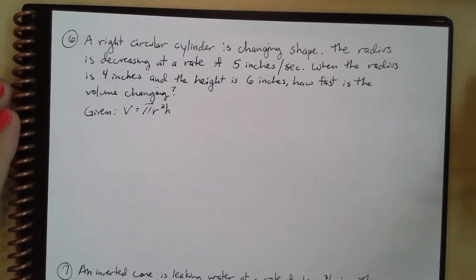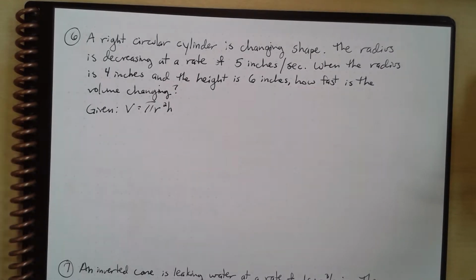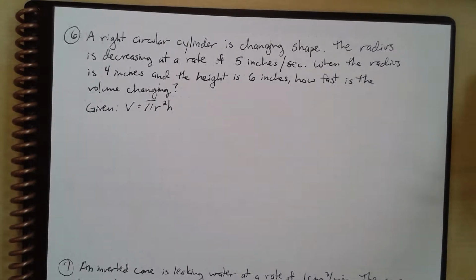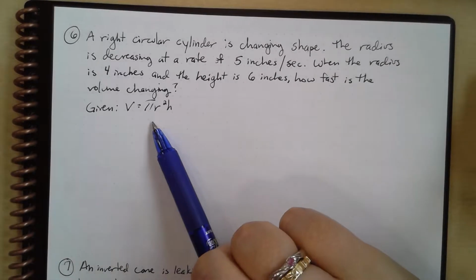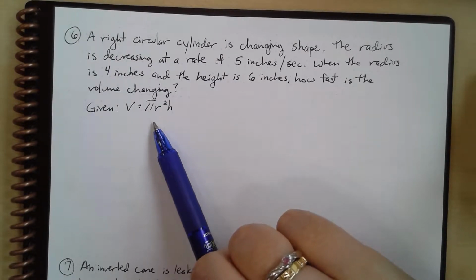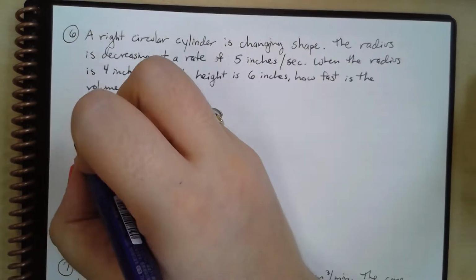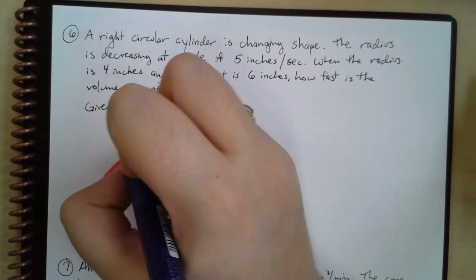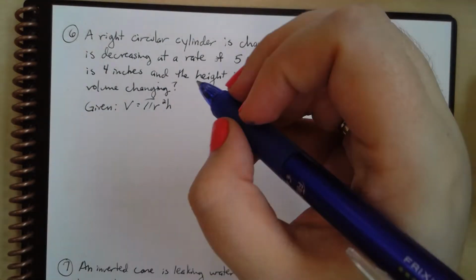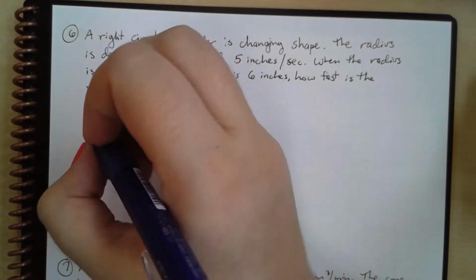All right. A right circular cylinder is changing shape. The radius is decreasing at a rate of 5 inches per second. When the radius is 4 inches and the height is 6 inches, how fast is the volume changing? And actually, with this problem, we were given that the volume of a cylinder is equal to pi r squared h. That's very nice and convenient. So we know volume is pi r squared h, and we're also given that